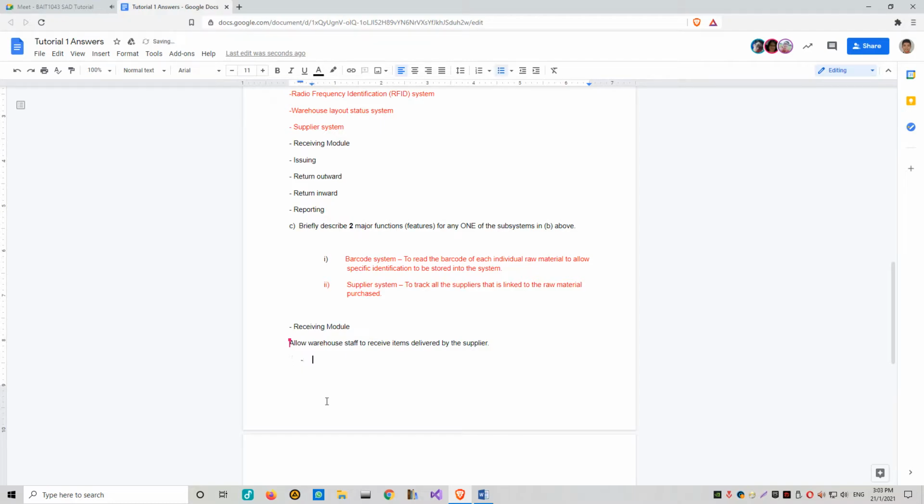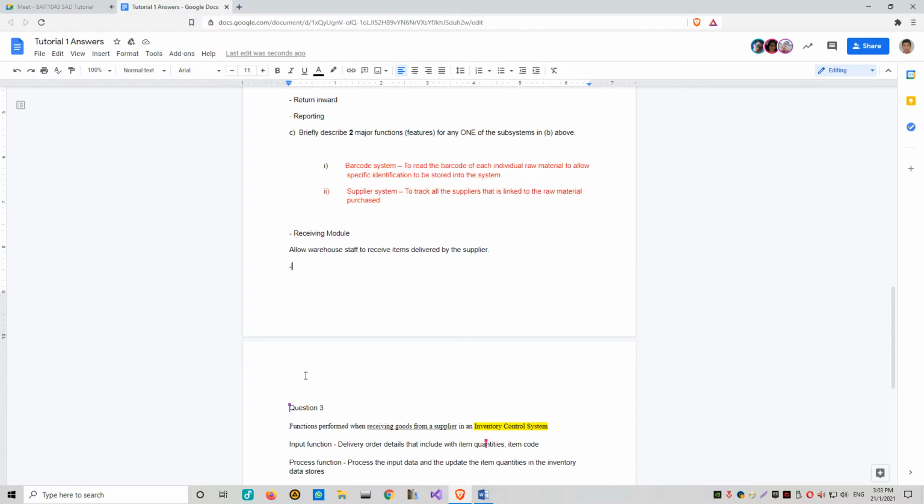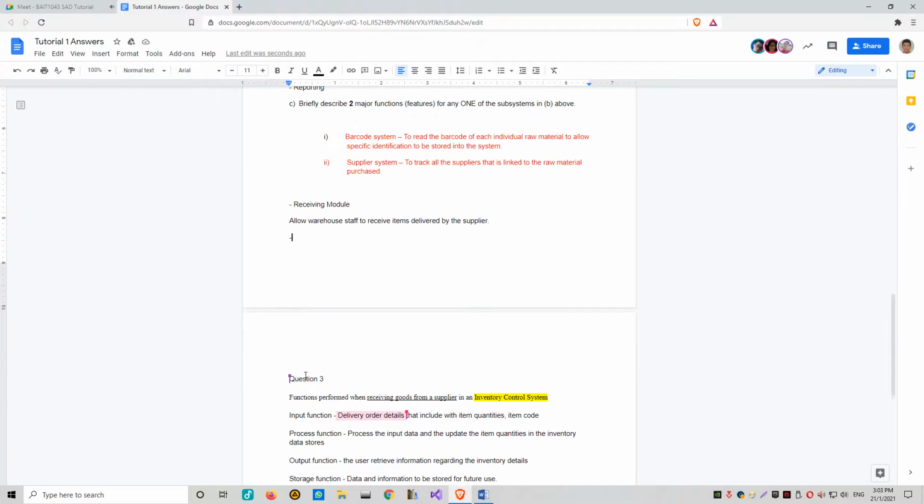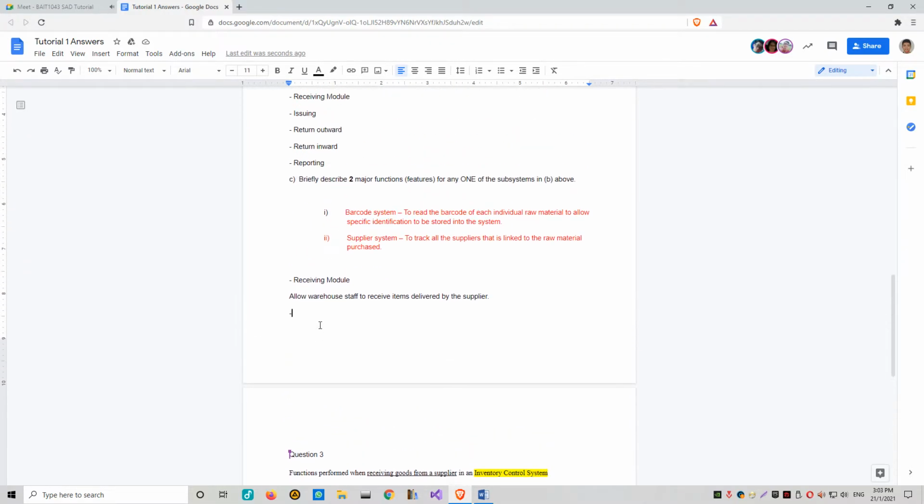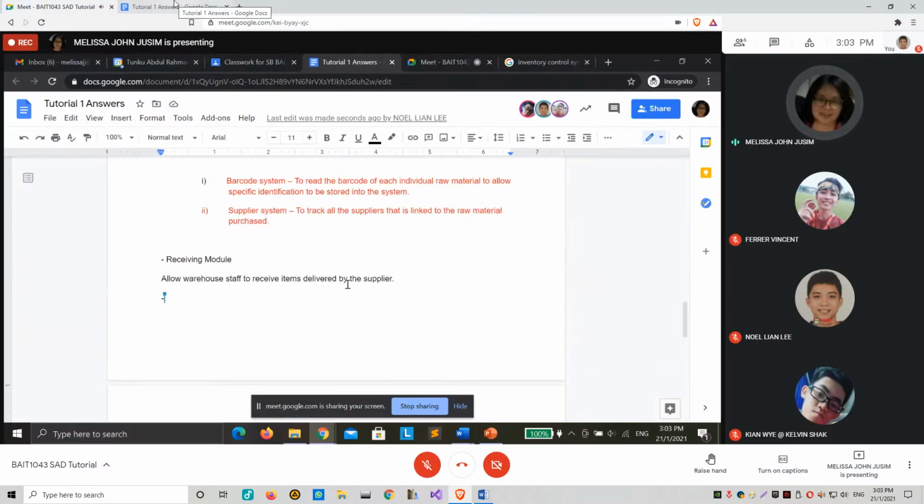So this is what we are seeing here in question number 3, where the warehouse staff will enter the item code and item quantity as mentioned in the delivery order details. So to receive items delivered by the supplier, we are referring to the delivery order details.